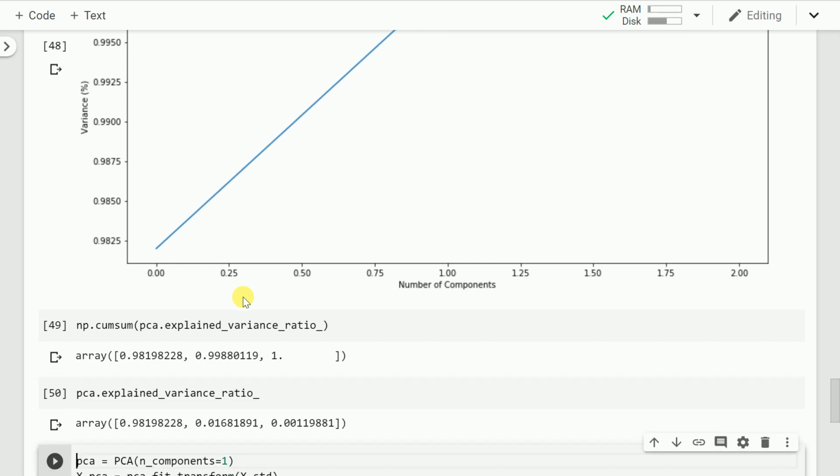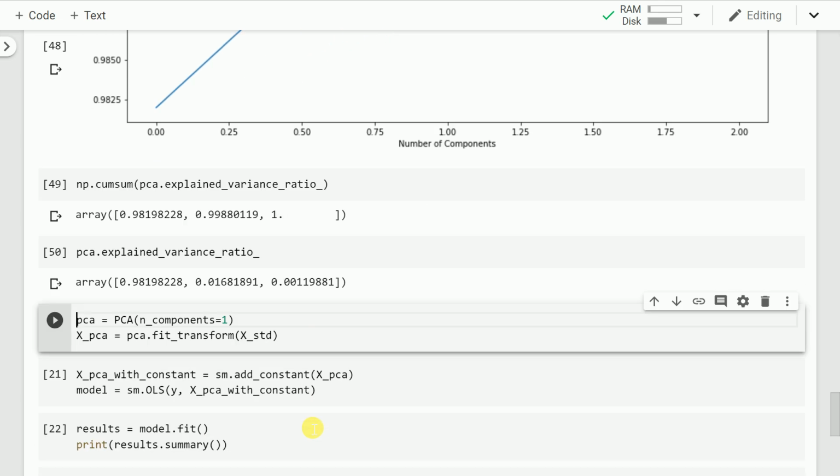and as you can clearly see, the first principal component constitutes around 98% of the overall variance that is captured by this component. The second principal component captures around 1.6% of the total variance, and the third component is capturing a variance of less than 1%. So this is how my total overall variances are captured for the given set of data that I have. Since 98% of the total variance is captured by the first principal component itself,